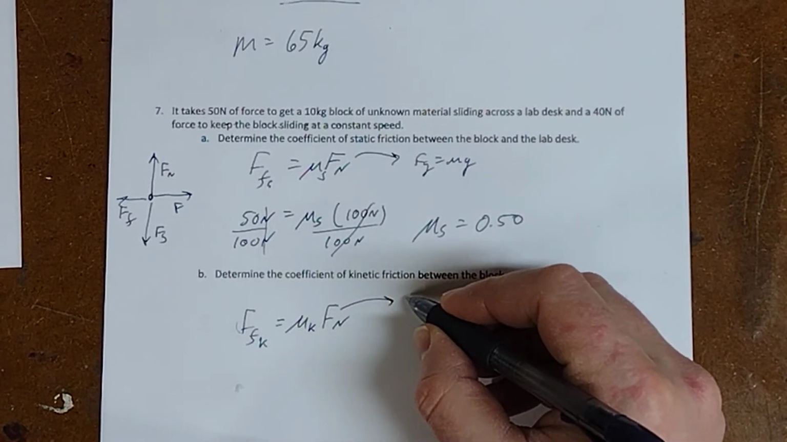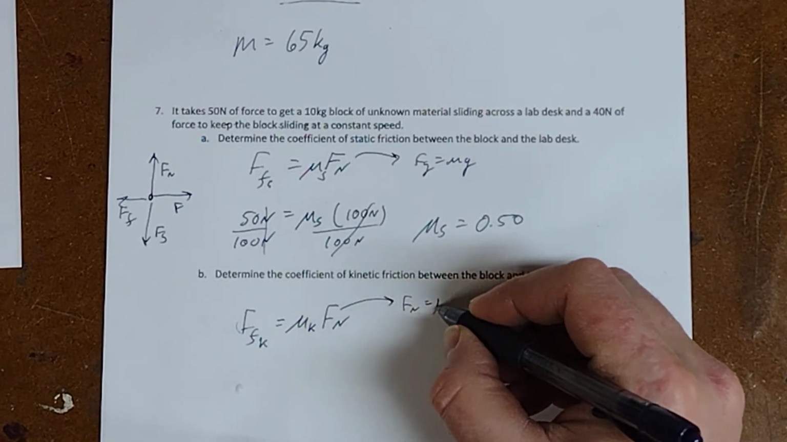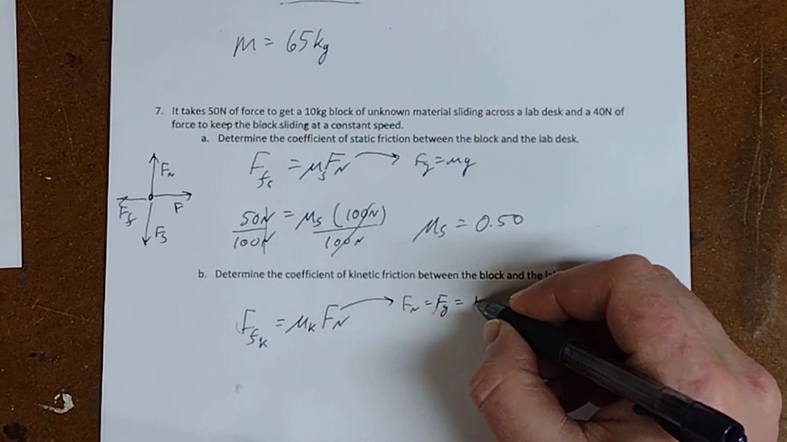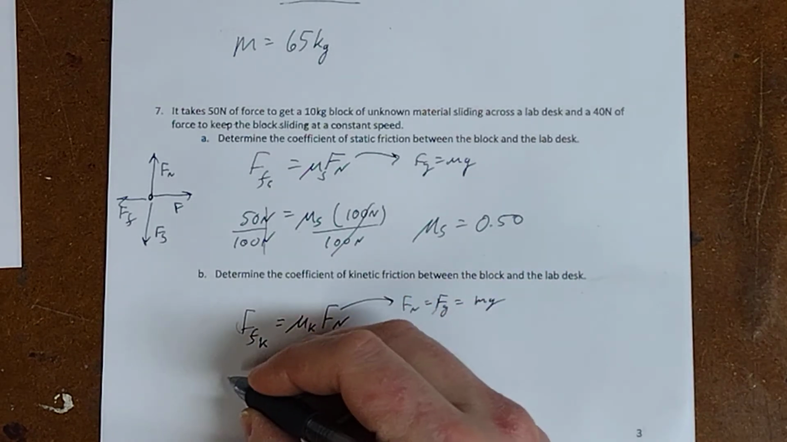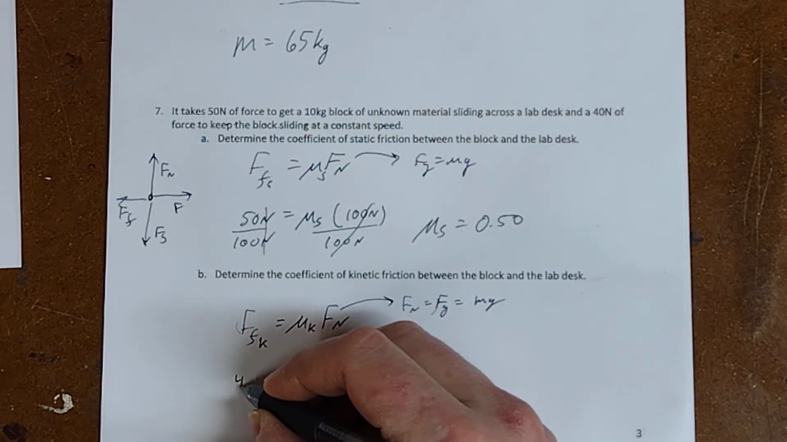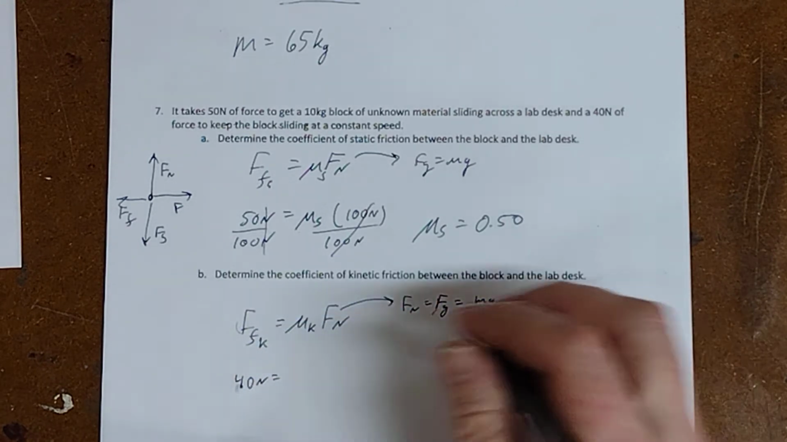Again, Fn has to equal Fg, which has to equal mg. And it takes 40 newtons